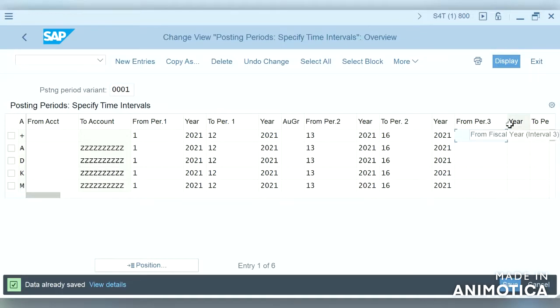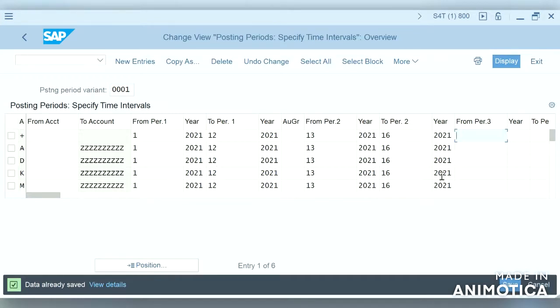If we want CO postings to be in a specific posting period and FI postings in the normal periods which are open here, for example the period is 1 and for controlling you want to post it for December, then we have to specify which period it has to be posted.